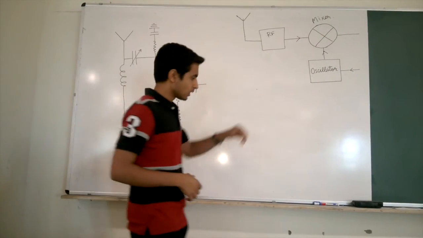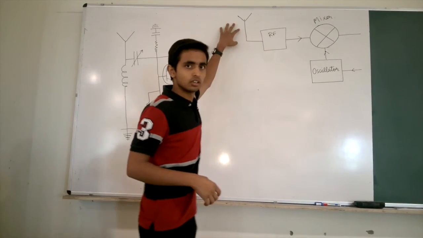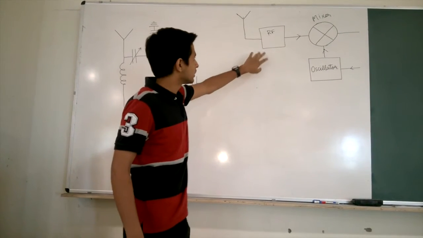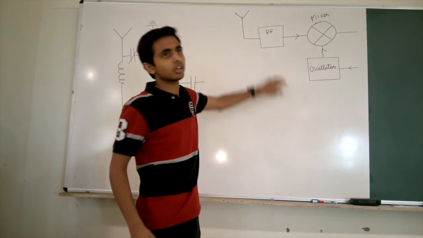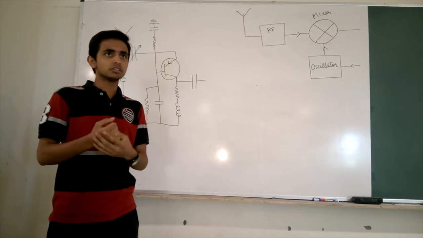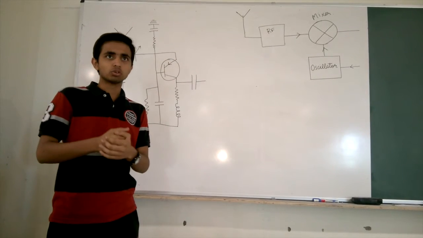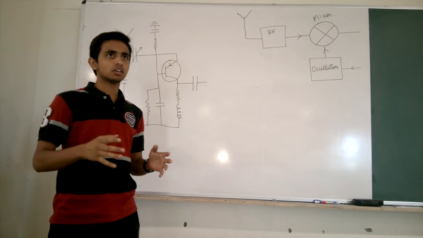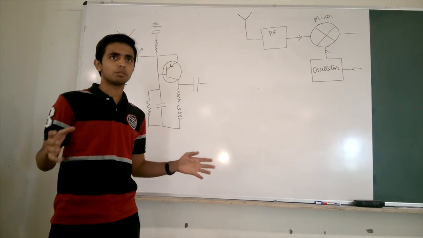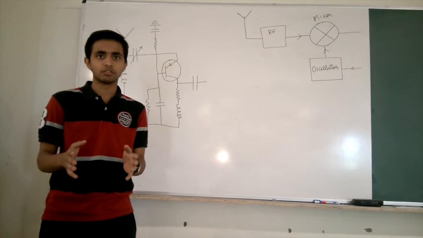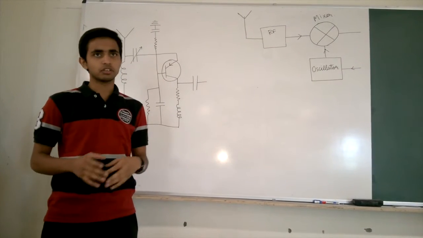So basically this is the antenna of the receiver, where the antenna receives the signals and passes them on to the RF amplifier. What an RF amplifier does is it amplifies the waves, plus it acts as a coarse filter. It filters out the noise as well as the large range of frequencies being received on the antenna, and just passes on a short bandwidth of frequencies to the mixer and further on.